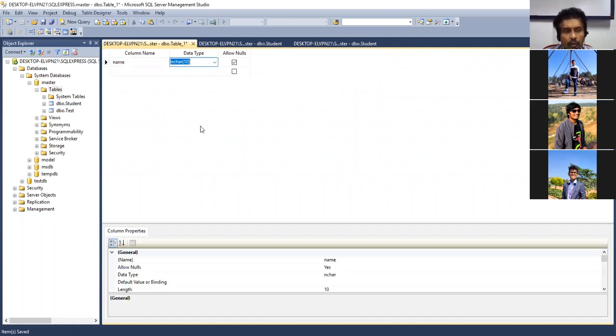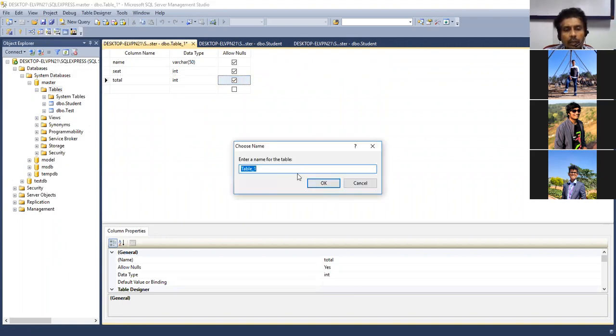So name is going to be varchar, and the next one is the seat number, which is going to be an integer, and the next one is the total. Total also I'll make an integer. So these 3 things need to be created.